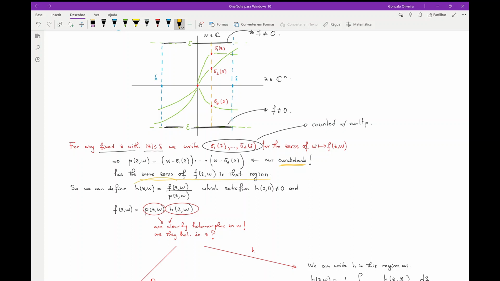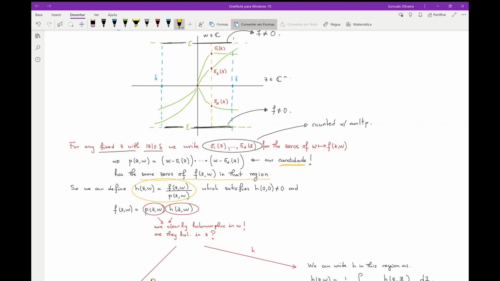So you can define this quotient here, h, which is the quotient of f by p, and this clearly is non-zero at the zeros of f or p because they have there the same multiplicity. In particular, it is non-zero at the origin. Our f can be written as the product of p by h, and we do have that each of them is holomorphic in w. P is this polynomial, h, because of what I said before, is holomorphic in w, but we don't know if